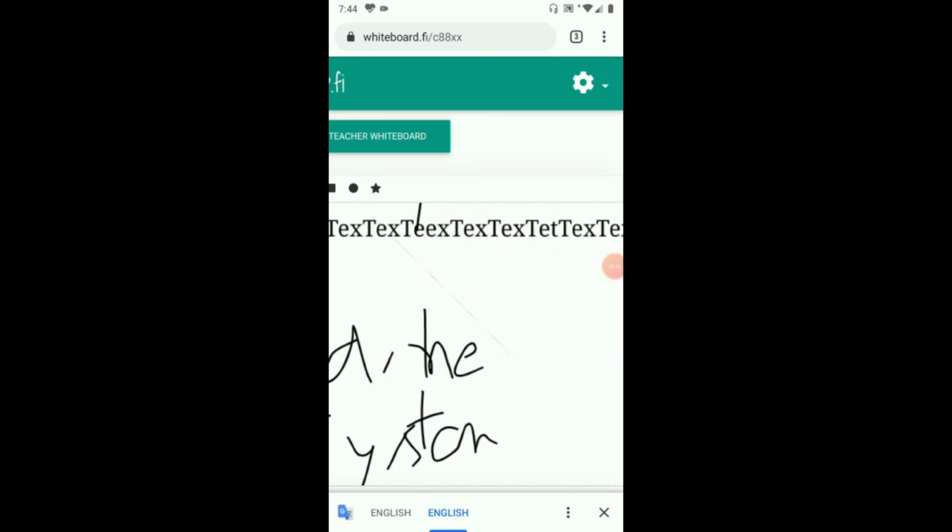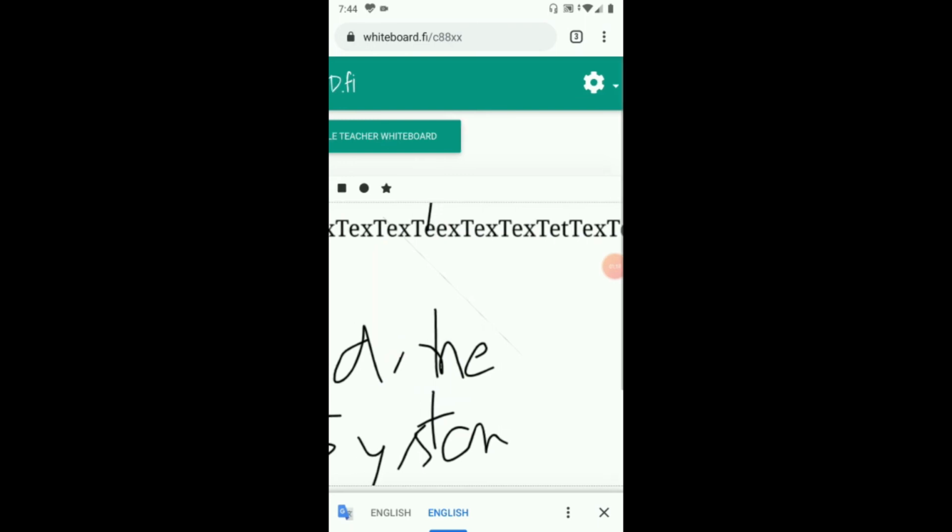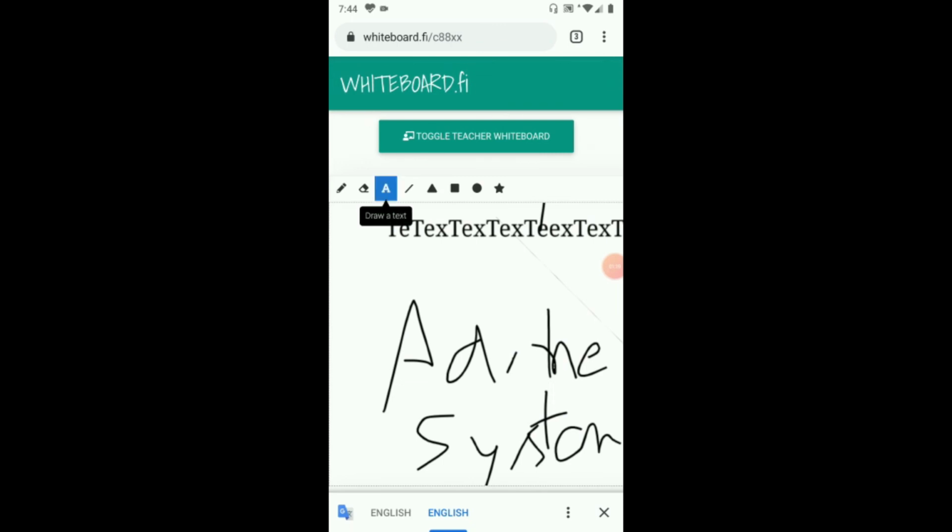If we want to erase something, we just go to the eraser and use the eraser option.